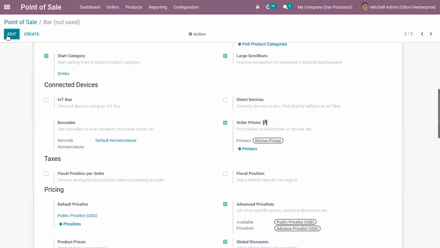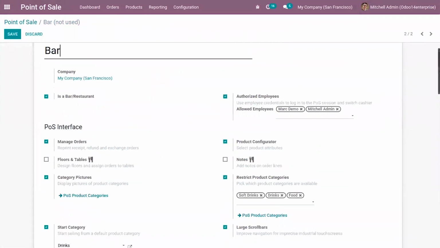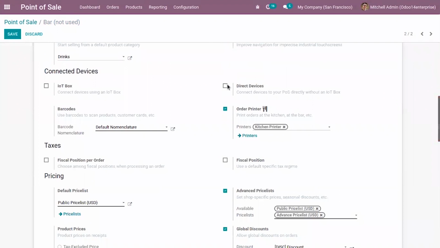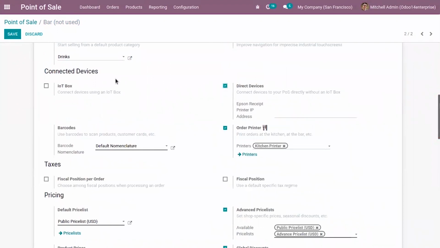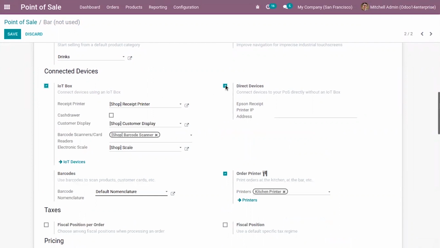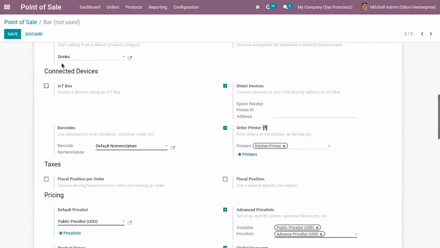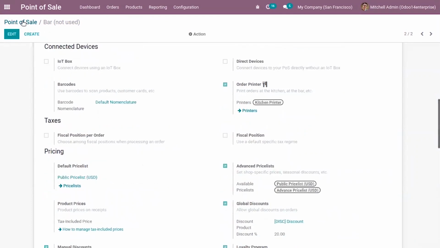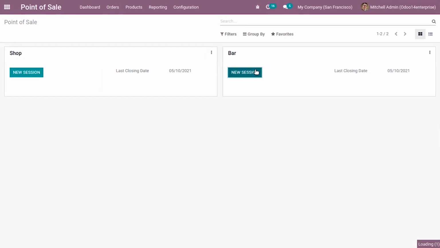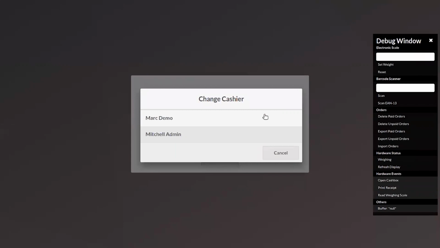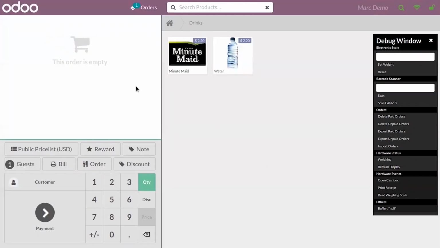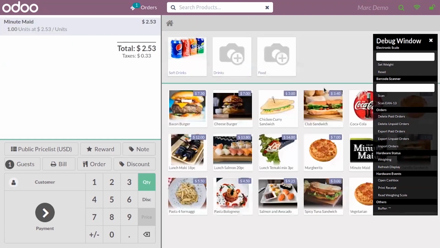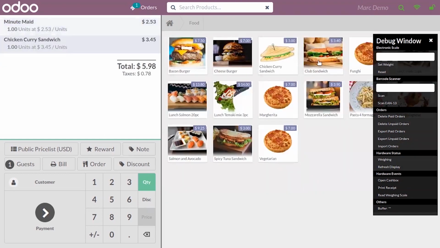Now when you start a new session, here we can add products.